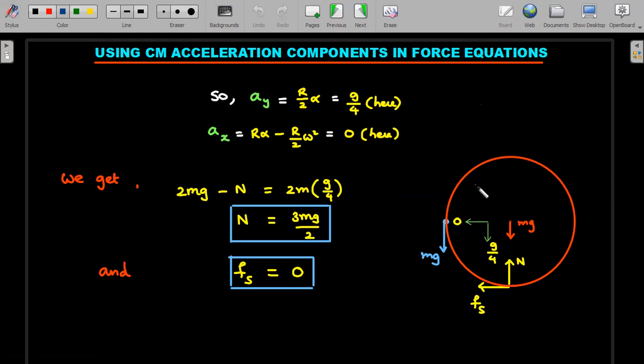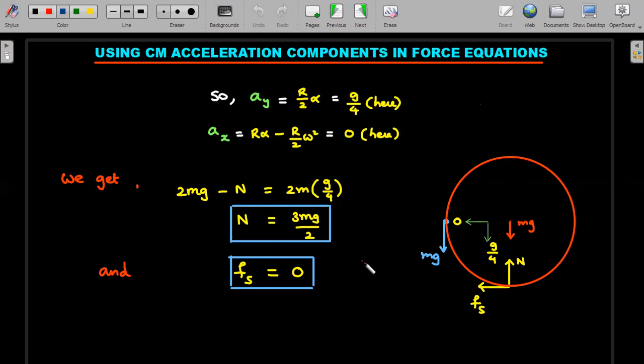Okay, right. When you write F equal to ma for a system of particles, you write it for acceleration of center of mass. So for this entire 2m system, the acceleration of center of mass has 0 component towards left and g by 4 downward. Therefore, in the vertical direction, total 2mg downward force minus n should be matching with 2m into ACM in y direction. So that's what I have written here. So rearrange, n comes out to be 3mg by 2. The value of Fs has to be 0 because there is no acceleration found in horizontal direction. Okay, these are just, remember, the instantaneous value in the photograph that was given in the problem.